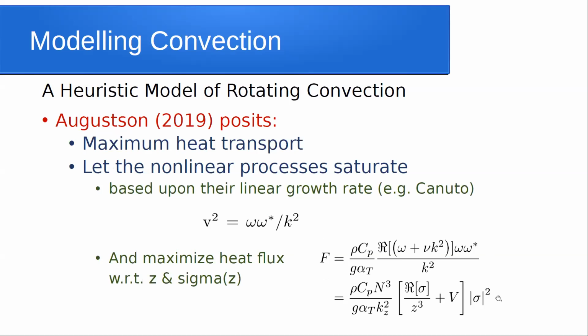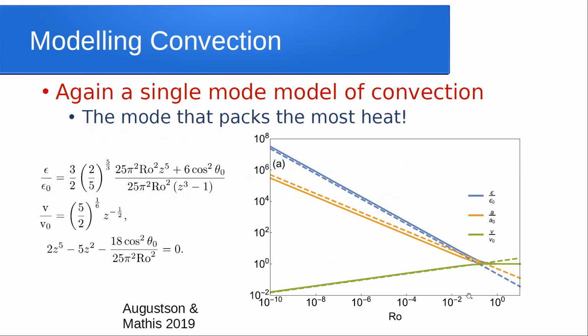And all you do is maximize this thing, and it basically gives you a relationship between velocity, or really the flux, and this quantity z, which is your eigenvalue. So for this simple model where you've chosen only this single mode, this heat maximizing mode, you can describe the superadiabaticity of the system, the velocity of the system relative to the mixing length velocity. And then this is your eigenvalue. It's not really an eigenvalue problem. It's just an algebraic problem for this value z, which is really proportional to your wave vector